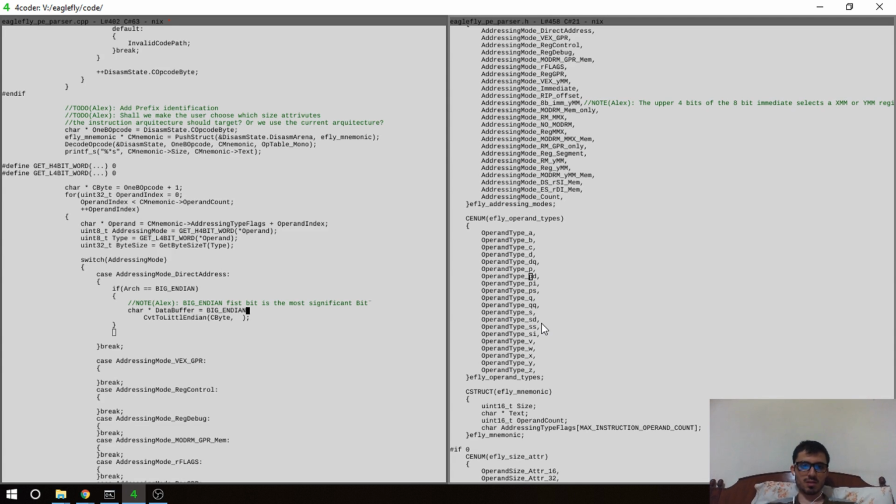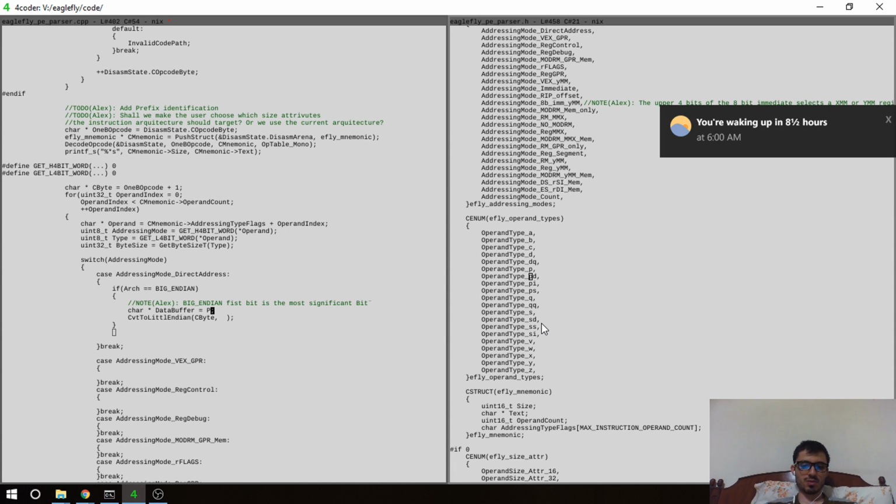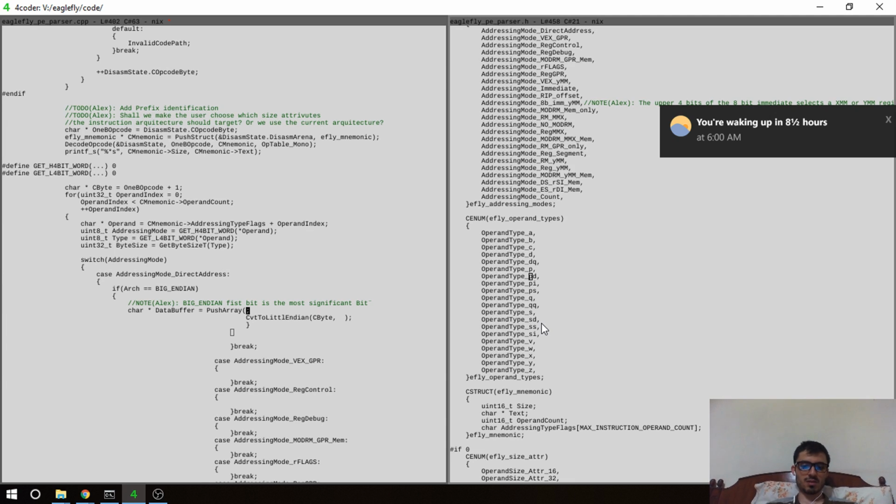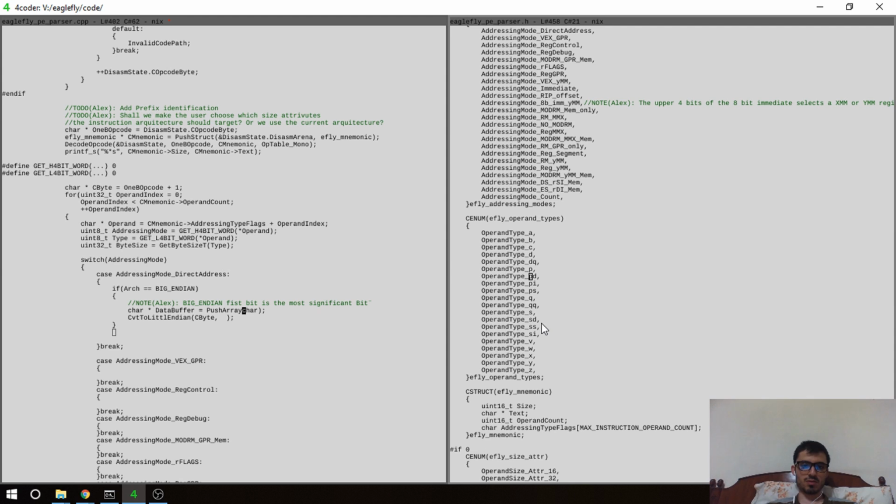We can say that we have something like that. Well, push array of a car to the